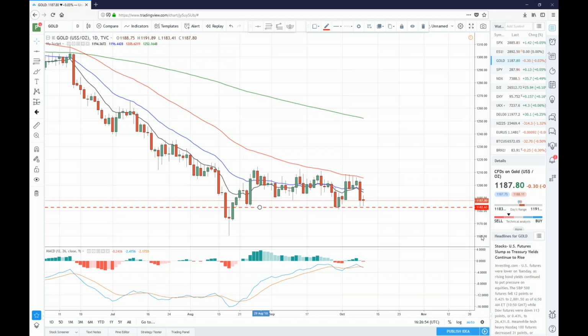It's rejected it several times. That's not the problem, because I think this is how this level actually is defined. And actually, the more often I get a test of this level, the more significant this level becomes. The idea here is that if I get several touches and all the other things have fallen in line, ultimately, once this level clears, there should be so much pressure in that market, so much more supply in that market for price to actually drop much further below. So just the number of touches here is not the issue, but the real issue is